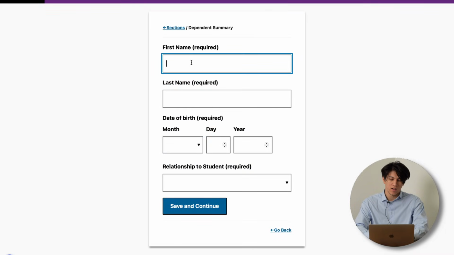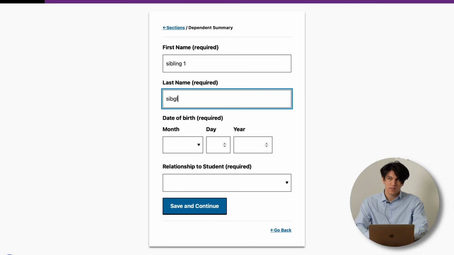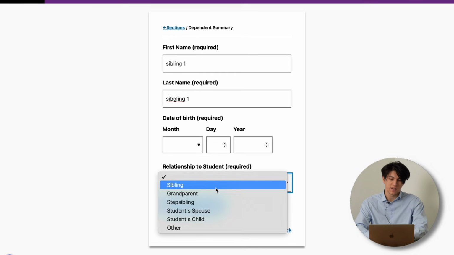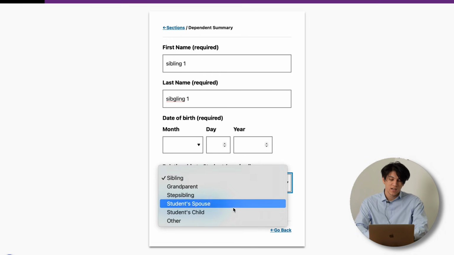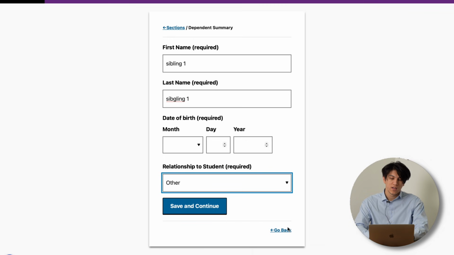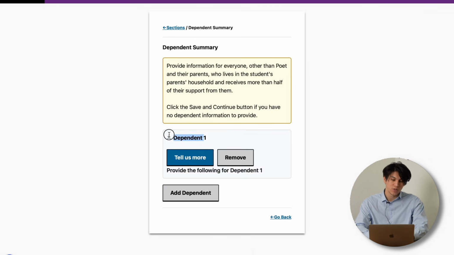Let's say sibling 1, date of birth, and that, sibling, grandparent. Yeah. So you will add here other if those people are dependent. You know, it's dependent. What does dependent mean? Dependent means who lives in the student's parents' household and receives more than half of their support from them,